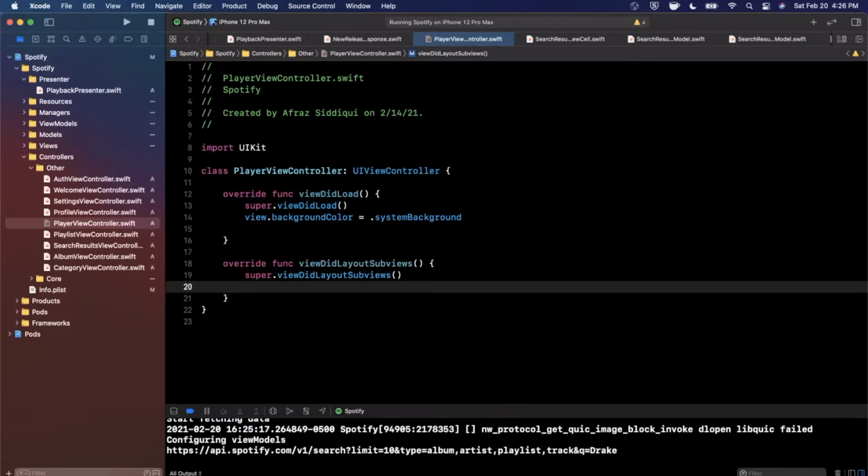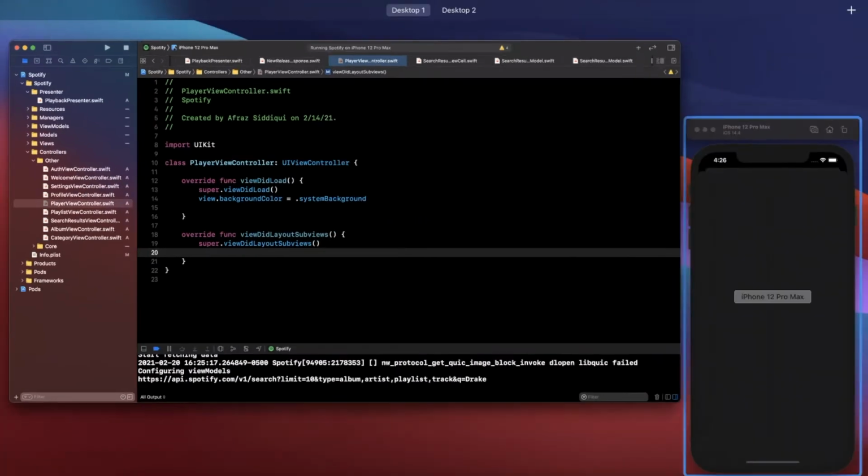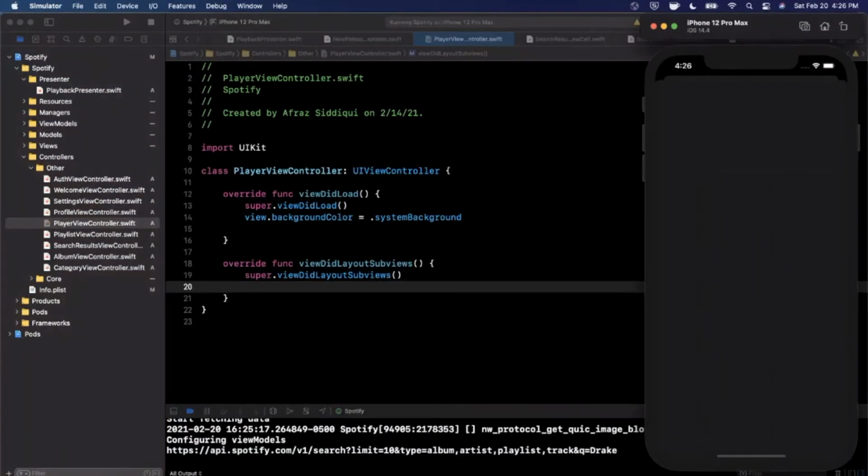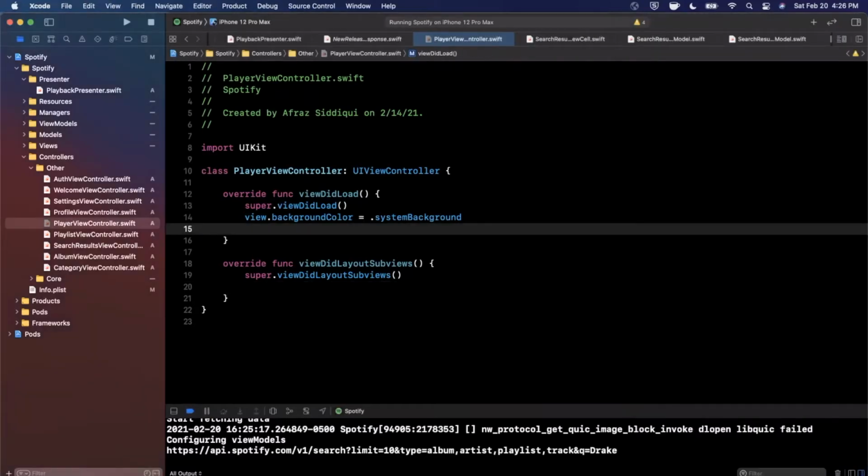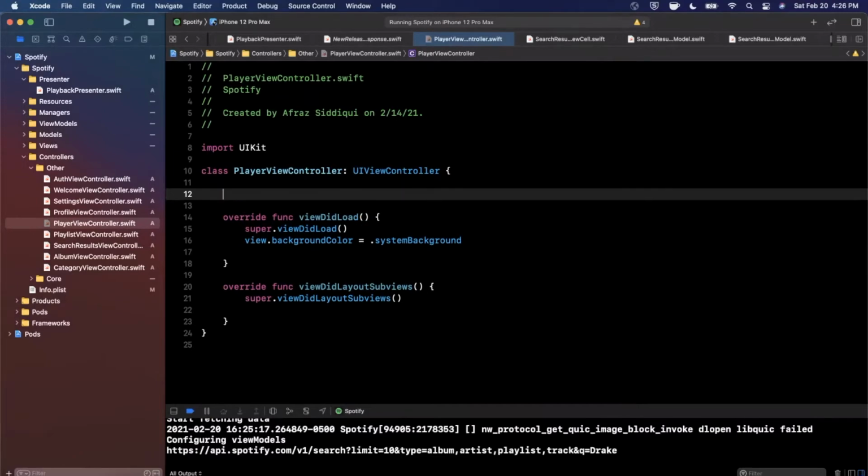And you can go ahead and build all your views in this controller, or what you can do is segment them out. And I think what we're going to want to do is segment out the album artwork, which will be the top half of the controller, and the bottom half, which is going to be our player controls view. So let's just add a single view on here,